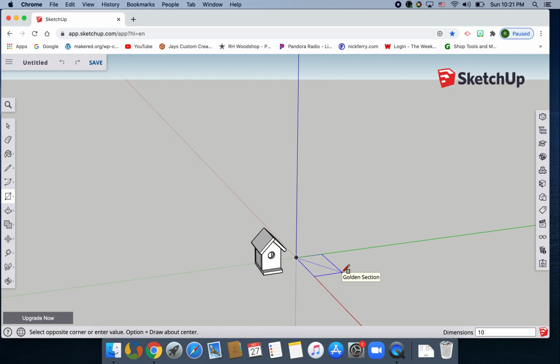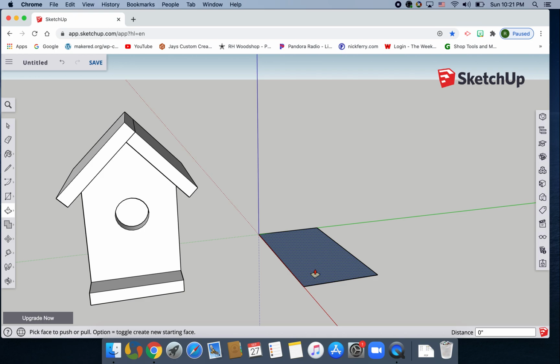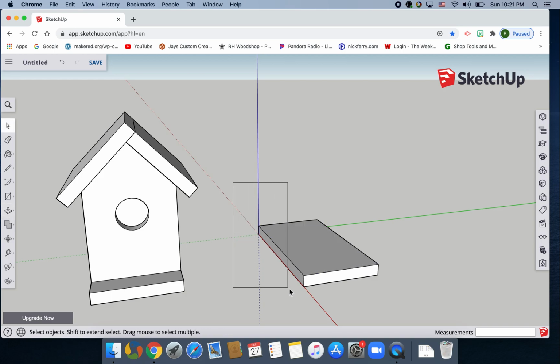10 spacebar 5/16, comma 5 spacebar 1/2, enter. There we go. Much better. Okay, I'm gonna zoom in, push pull, bring it up 3/4, 3/4, enter, spacebar, make this a component, hold the button down, drag the square over the entire shape,